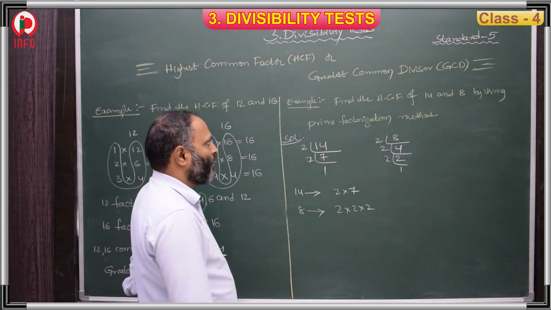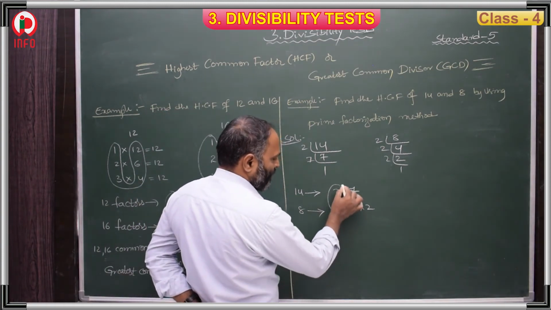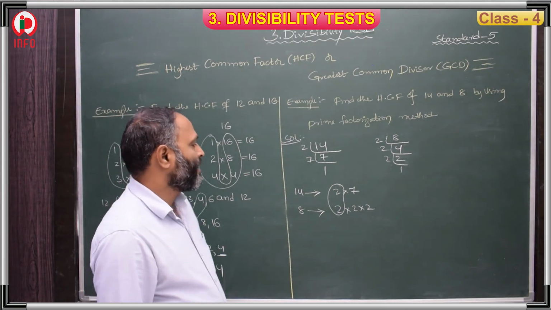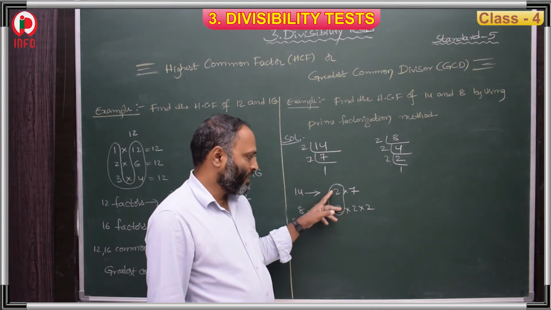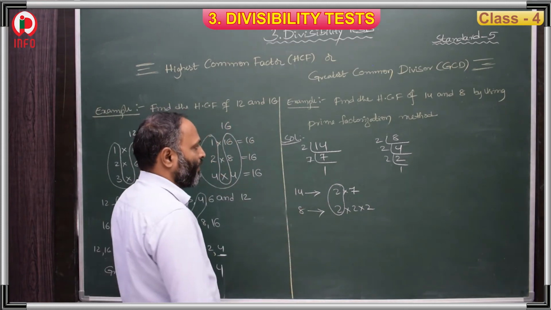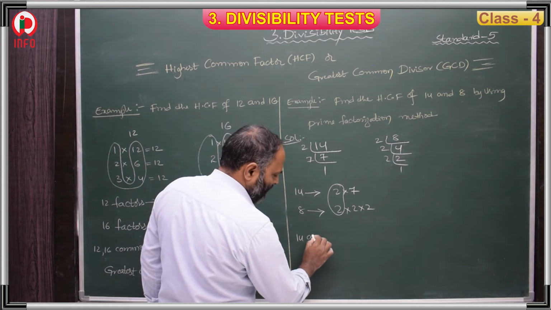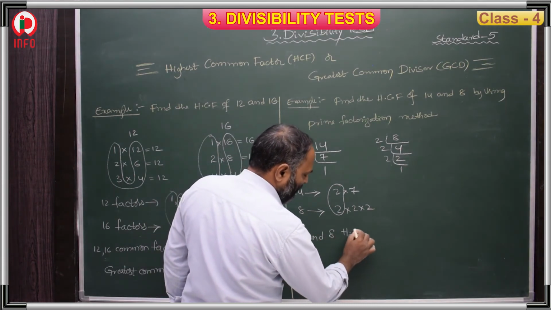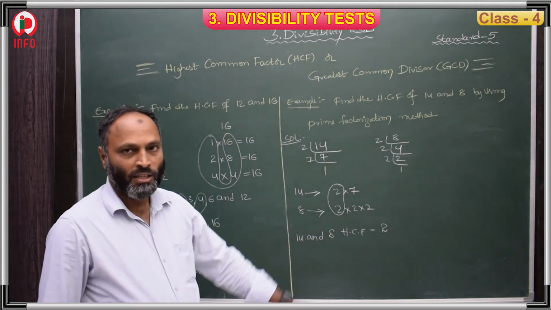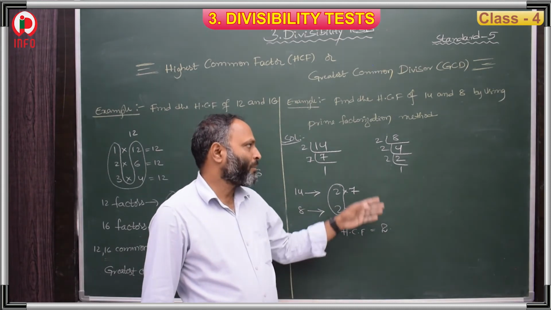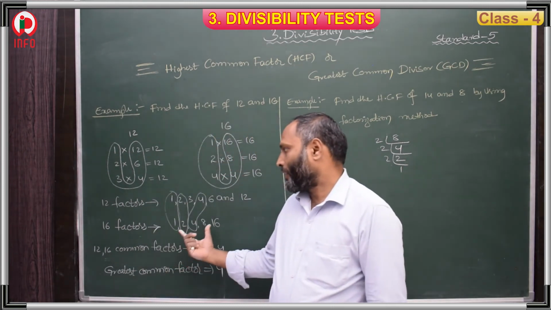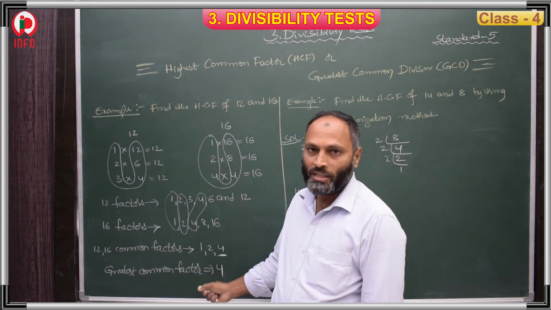Then what is the common divisor in both these two? We only have to take the common divisor. In LCM, least common multiple, we take the common one and the remaining also we multiply, but here no need, only the common one we take. Therefore the HCF, highest common factor, of 14 and 8 is only 2. Whatever is common, that is the HCF. So using this prime factorization method we take the HCF like this. By writing our factors, we find the greatest common factor in this way.